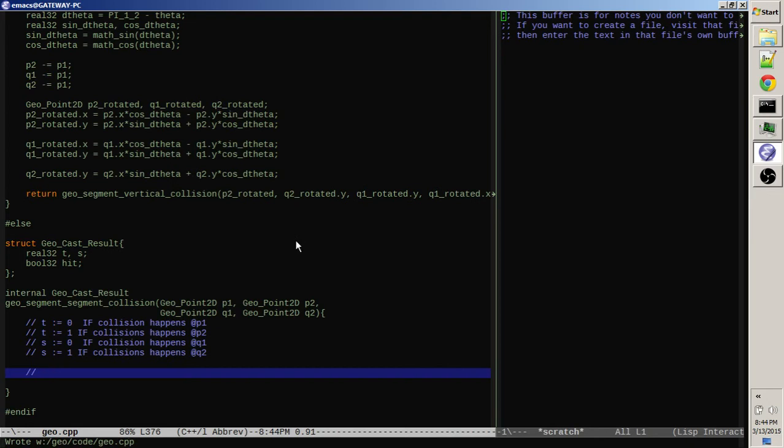What the equation looks like for P, if I remember correctly, is that we're going to take T and S, right? They are like a parameterization of these two lines, and we're going to represent those geometric lines, like the algebraic lines, I guess I should say, from P1 to P2 and Q1 to Q2, in terms of the parameterization T and S. So for the line P, which is from P1 to P2, it's defined as some point x, y is in the line if it is equal to something of the form